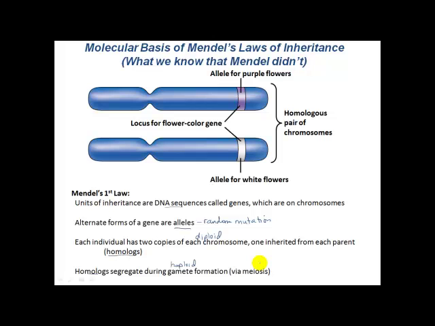Mendel's law of segregation is really describing the events of meiosis 1, even though he never knew anything about DNA or meiosis. So we can go back and link the outcome of his experiments when he saw that purple flower colored trait and that white flower colored trait, that those were actually a gene specifying flower color, and we had alternate versions of that gene on the two homologs inherited from the two parents, right? So these would be alternate alleles at the flower color gene locus or position in the chromosome. All right, what about his second law?